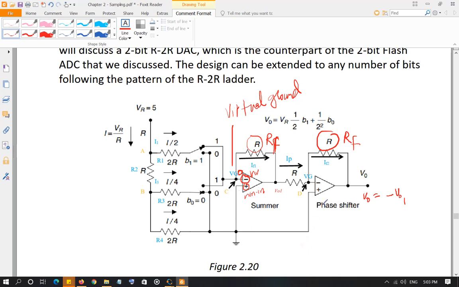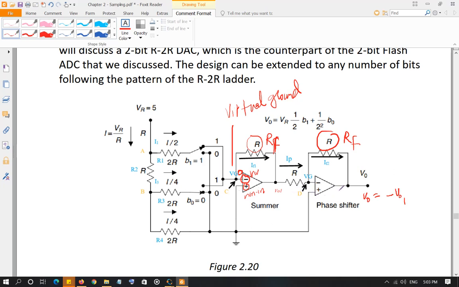So this is how the operational amplifier is working in the circuit. The summing circuit sums up all the inputs and produces an output. The output phase is opposite of the input, it will be negative. And to change that negative value into positive again, we use the phase shifter circuit with a unity gain. So it does not change the gain of this circuit, it does not multiply Vout1 with anything, except it just changes its sign and makes it positive again.